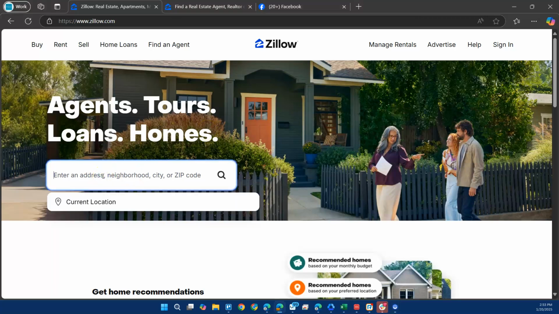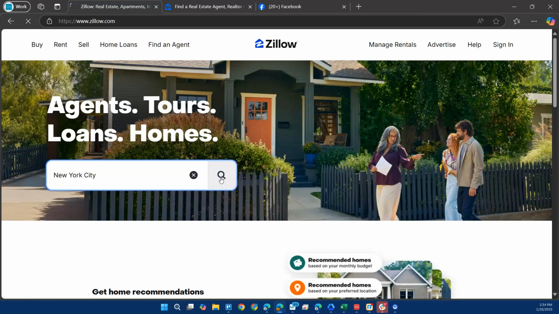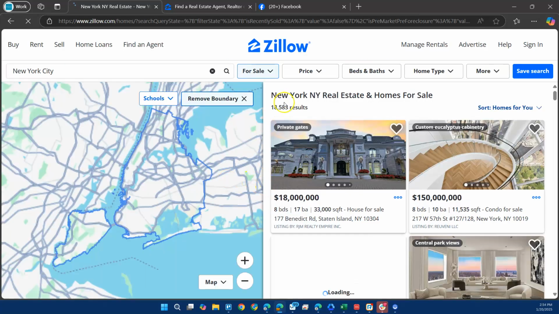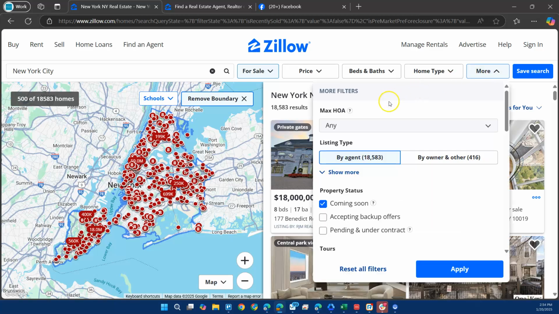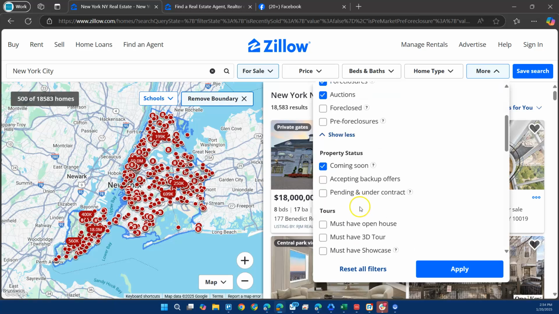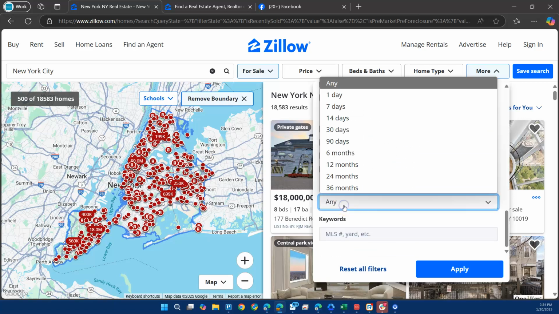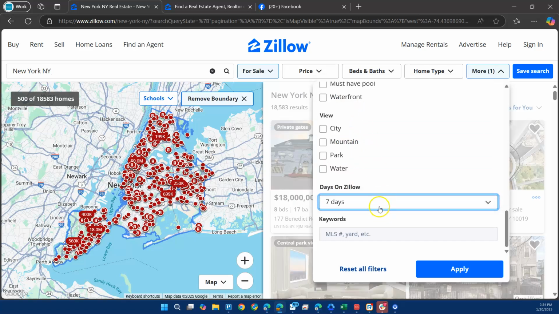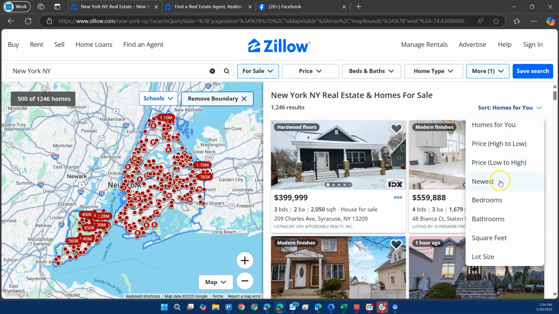And over here now, what you do is you type New York City and click on enter, or just click on the search. Now you come over here, you see you're New York City, and in total there are some 18,583 homes. Now we have to reduce this, so what we do is we go to more and click on show more, and all these are okay. Now you go down, coming soon is okay, and when you go all the way down, days on ZLO, you put 7. That's the maximum. So now you apply, and then you go from homes for you to newest,